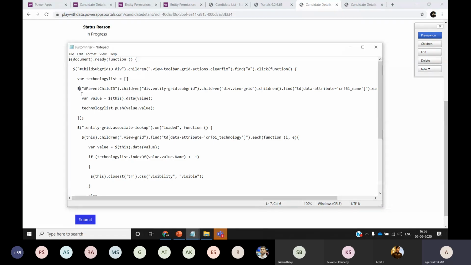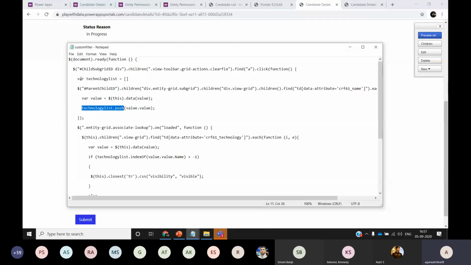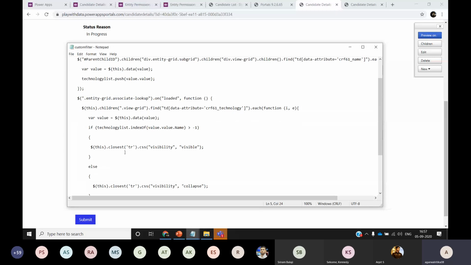First, it is picking out the parent subgrid and getting all the technology list names. Then it is pushing them to this technology list array. If I click on this associate button, there will be a grid loaded on the page. Once that grid is in the loaded state, it will pick all its children.